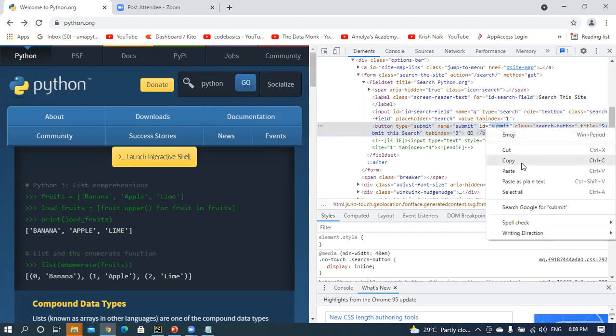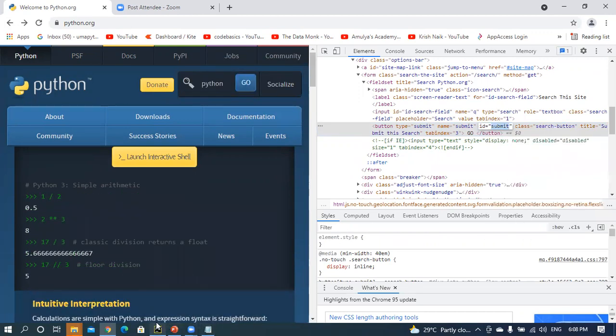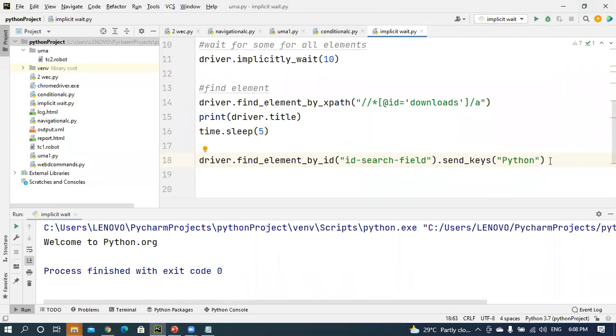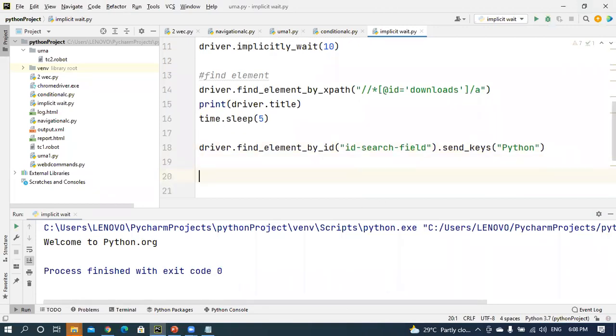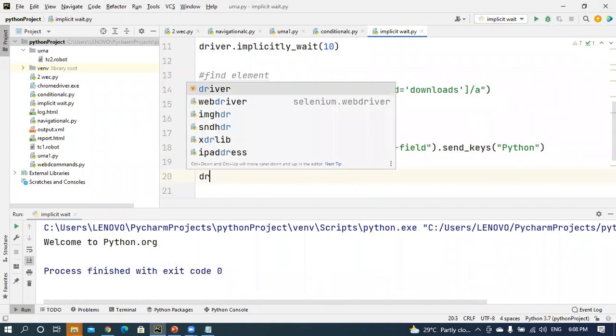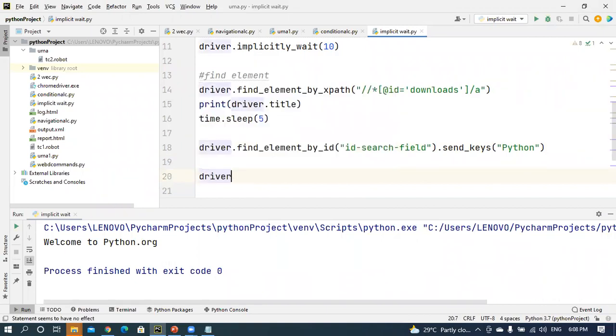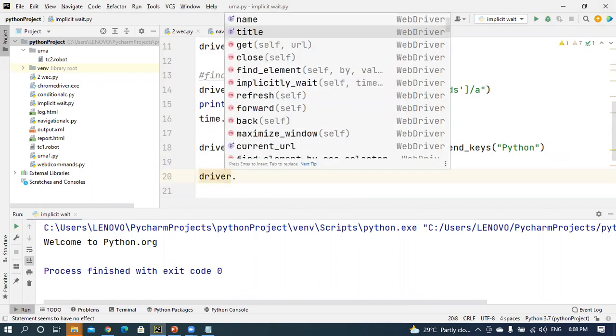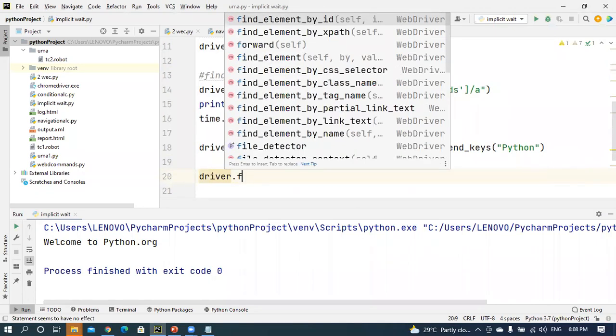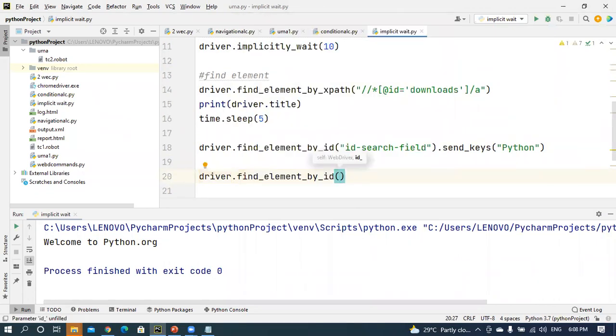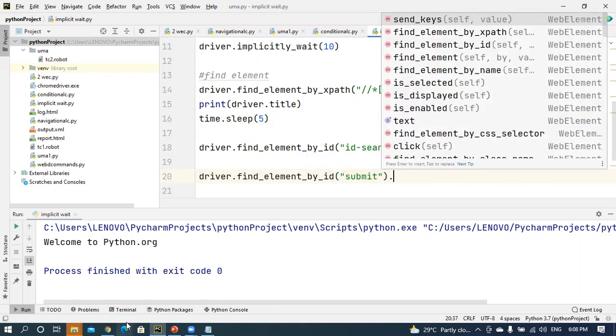I am taking the ID value. After entering that value, the next thing is to click the button. I first identify the element by ID, passing the ID value submit. That is a button.